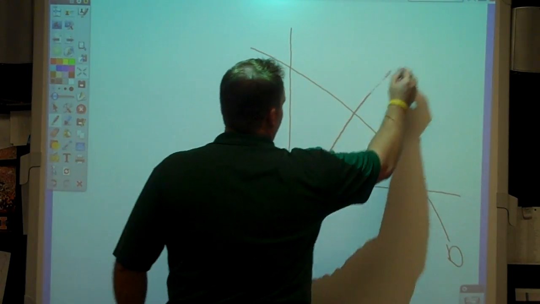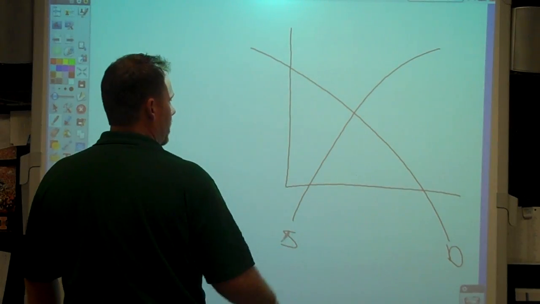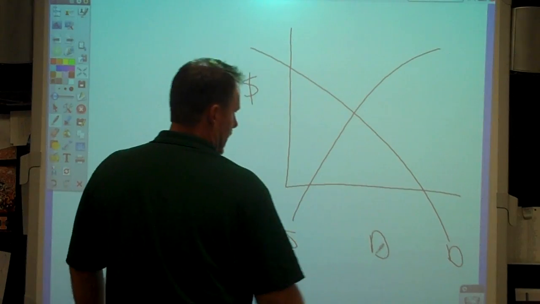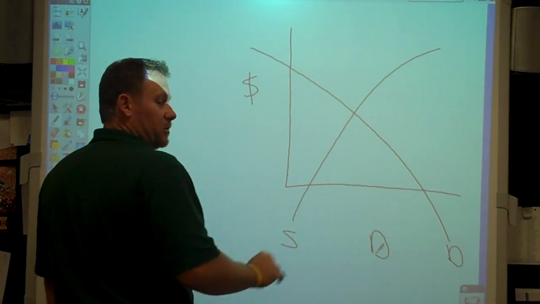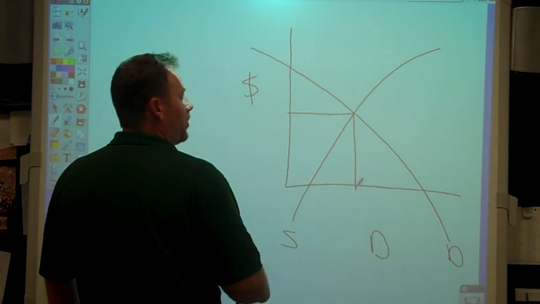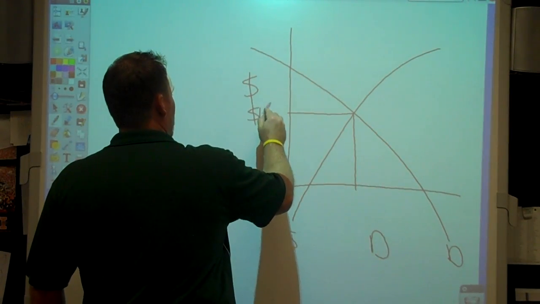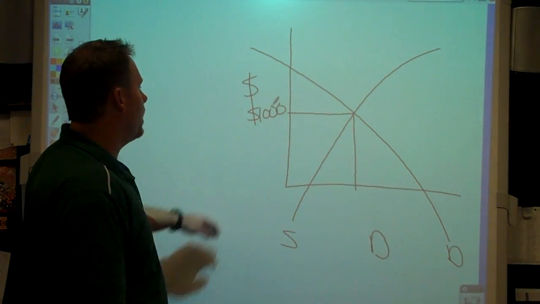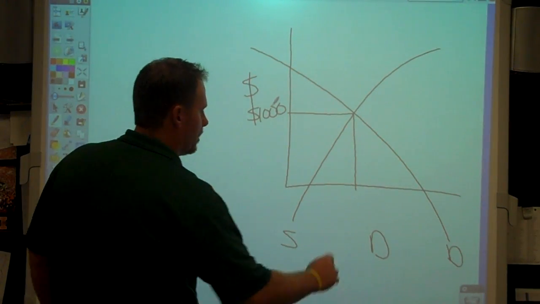Demand line there, supply line there, have price right there, and demand. Now, for the purposes of this graph, we're going to say that our equilibrium point for the apartment is $1,000 per apartment. Okay? At $1,000,